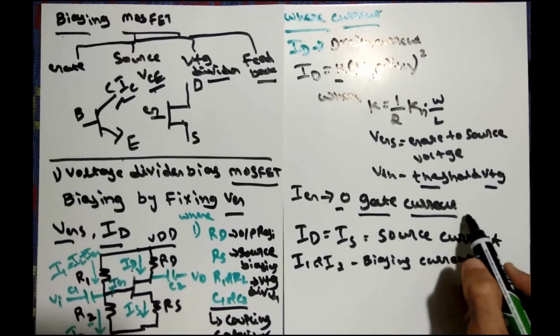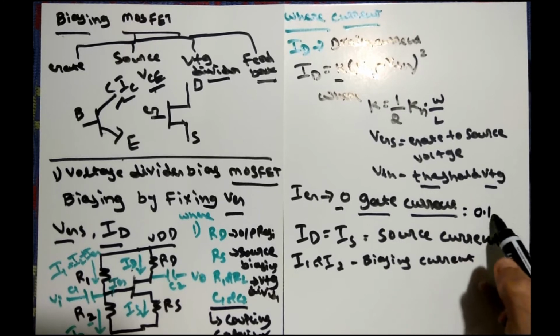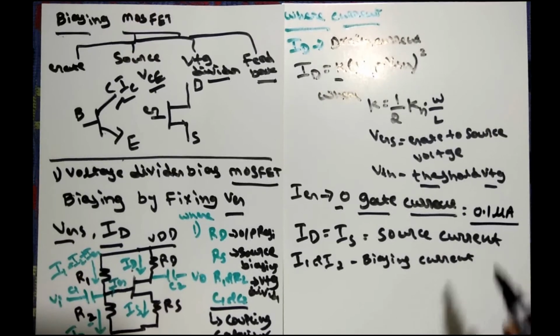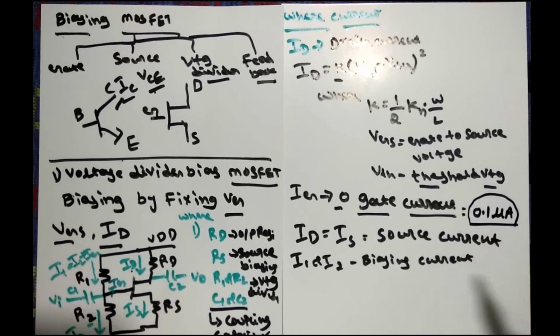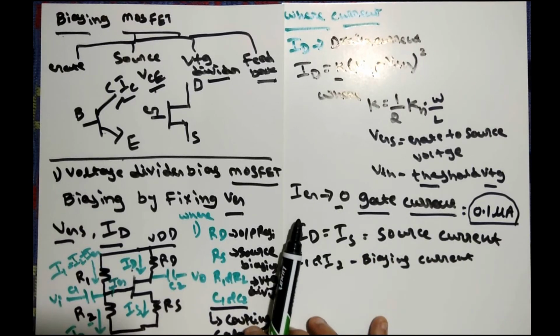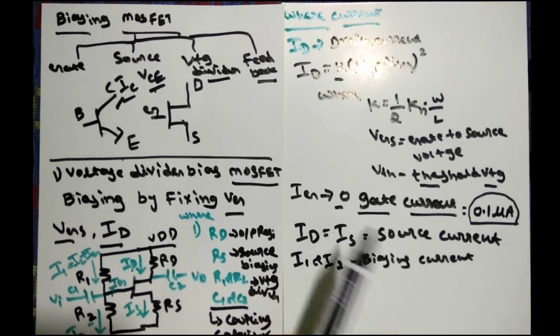So when you go for the theoretical part, we can consider a very small current going on. We can assume that there is 0.1 microamps. This is just an assumption, a very small current, used whenever the resistance calculation is required. But usually we take the resistance as infinite and Ig as 0, according to the theory portion.